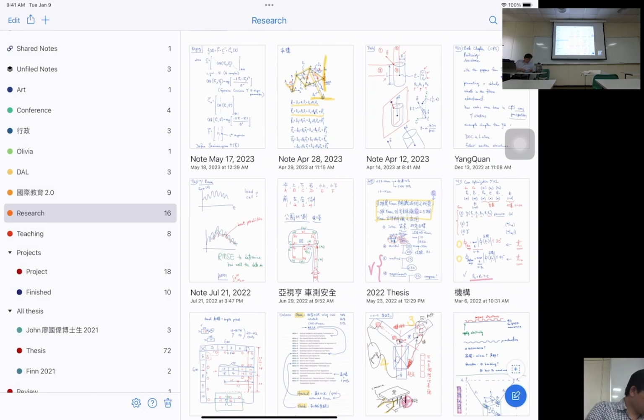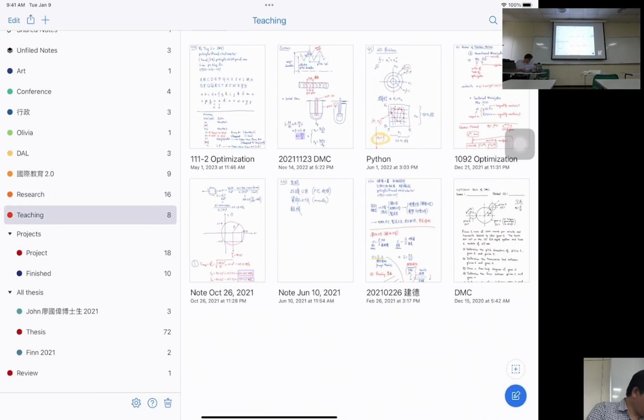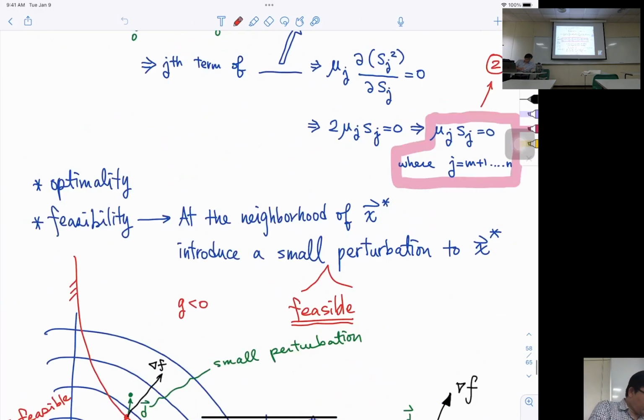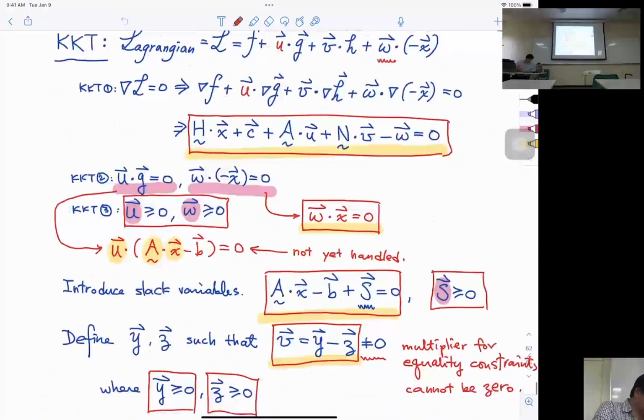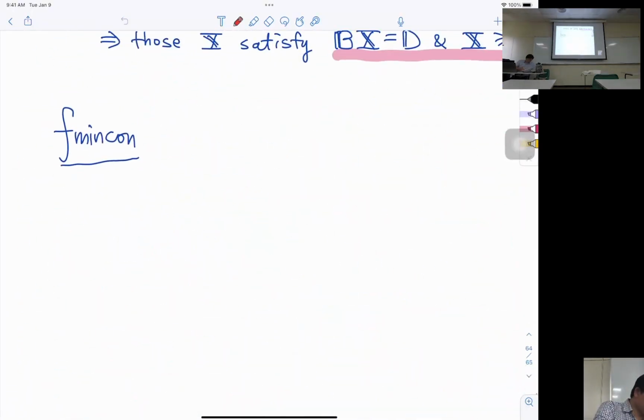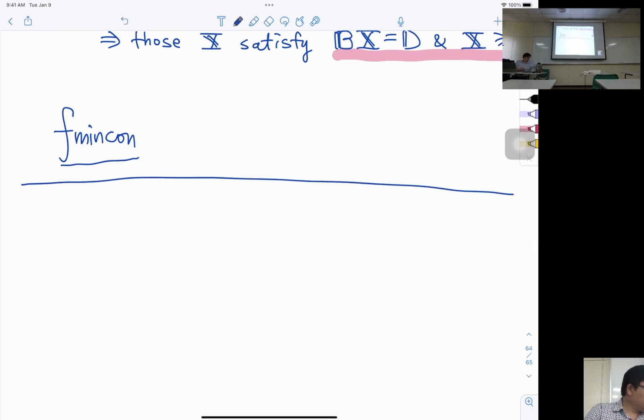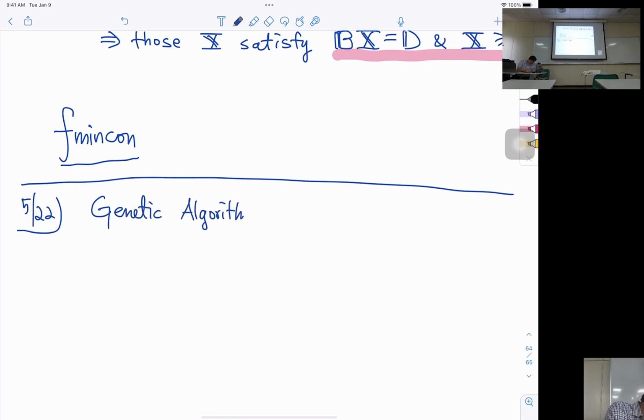Teaching optimization. We already covered fmincon. Today is May 22nd. Let's talk about genetic algorithm. Genetic algorithm. GA. So what happened was